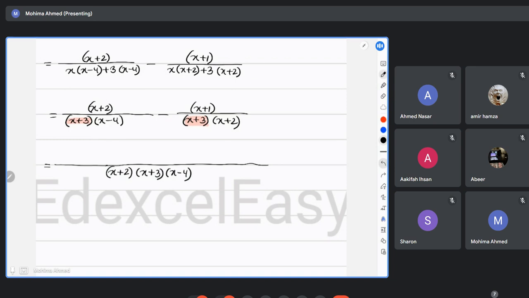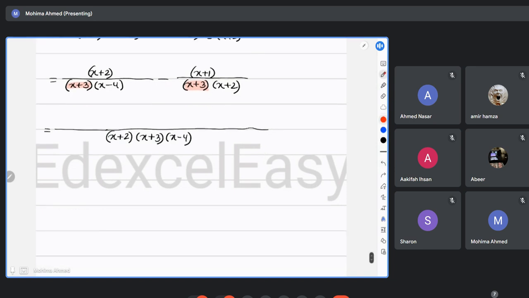So over here, if I do the rough work, LCM was x plus 2, x plus 3, x minus 4. This will be divided by x plus 3 and x minus 4. I can clearly understand x plus 3 and x minus 4 will be cancelled out, and you're going to be left with x plus 2 only. That means for the first fraction, only x plus 2 will be multiplied with the numerator. In the numerator, you already had x plus 2. So again, we multiply x plus 2 with this. In the next line, I can write x plus 2 whole square for it, right?